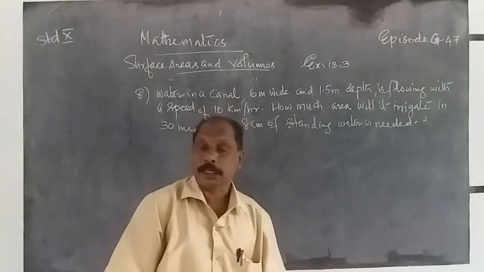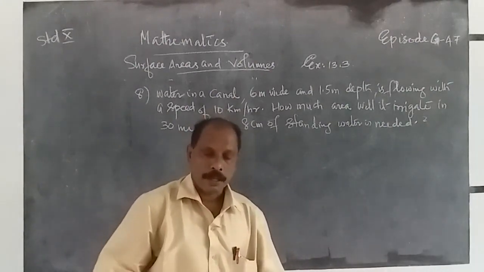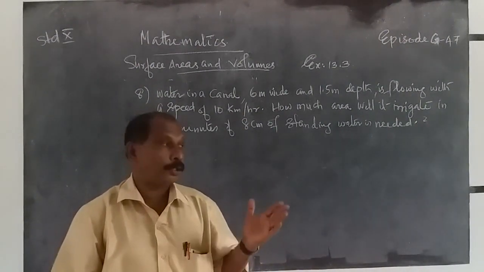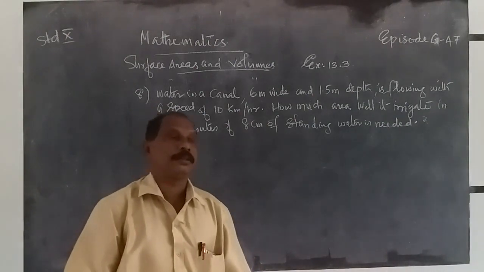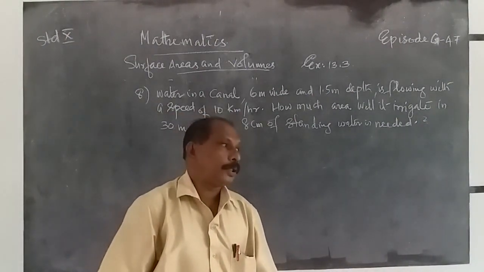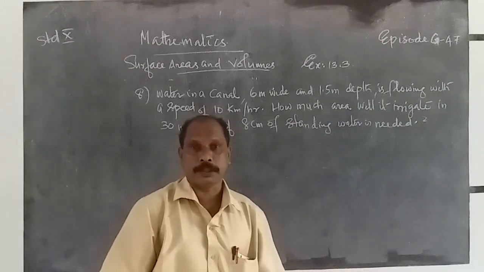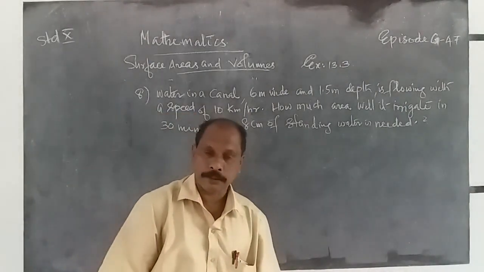Distance is always a scalar quantity, therefore there is only magnitude, therefore it is speed. And displacement means going from one point to another, therefore there is some direction, therefore it is a vector quantity. Therefore velocity is equal to displacement by time and speed is distance by time. Therefore the last two problems are based on the speed of water.